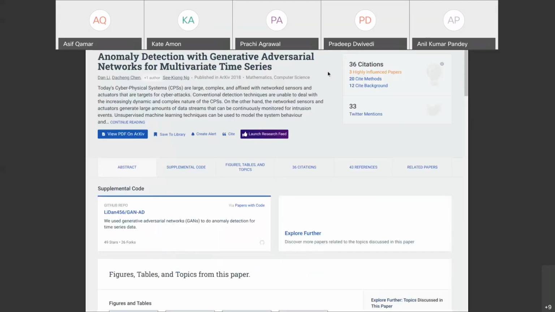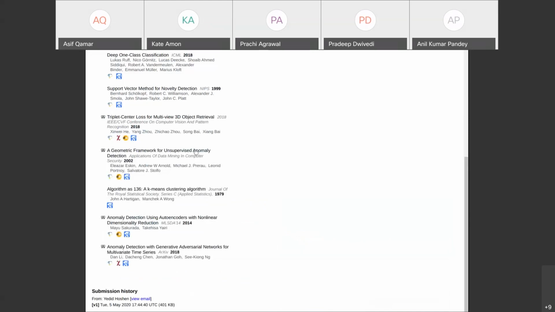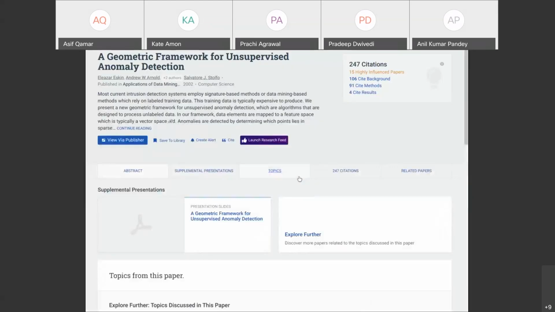What can I do? I can look for citations. It has been cited in 38 other papers. So obviously, this is linked to some research, which is good. And geometric framework. So this is the way I would go about looking at things. This would be another article. I would go and see 247 citations. What does it mean? You just discovered a gem of an article. Somebody has done a lot, this is really a very good article, right? It has material, supplemental slides, and so forth.